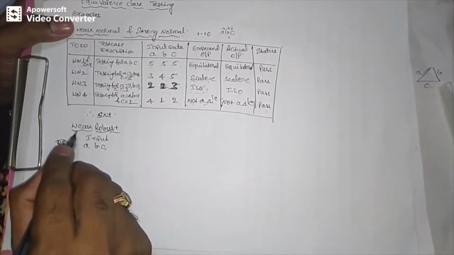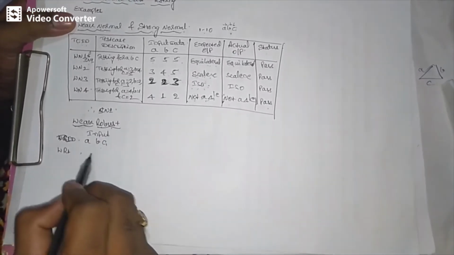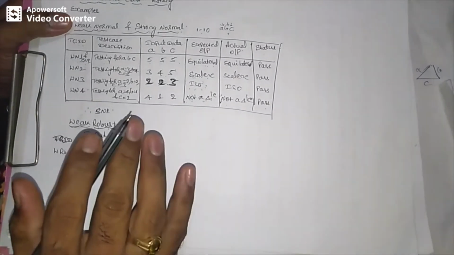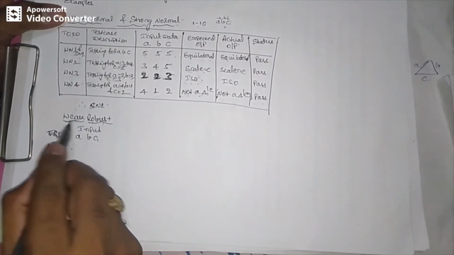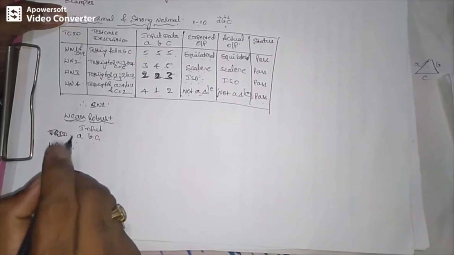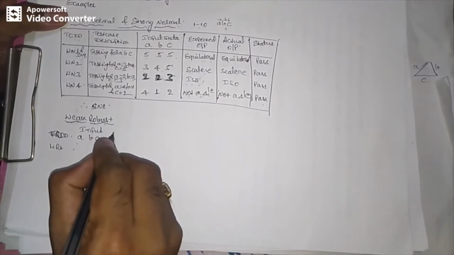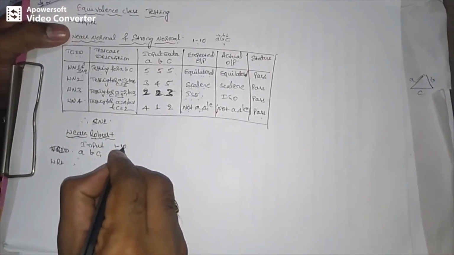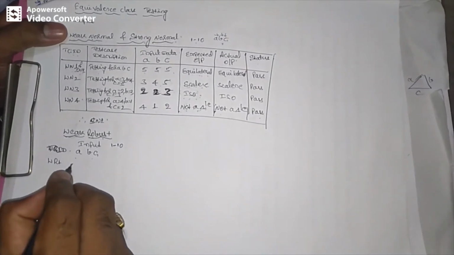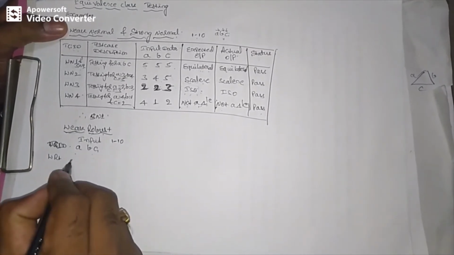Single fault assumption means one input variable we have to make an invalid input, and the other inputs should be a nominal value. I will repeat. Single fault assumption is nothing but, under the weak robust, one input value should be invalid and the other inputs should be a nominal value. For example, for your triangle problem, the lower limit and upper limit are 1 to 10. So first we need to cover one corner and then another corner. First we make one corner invalid, and the next time we make the upper limit an invalid input parameter.